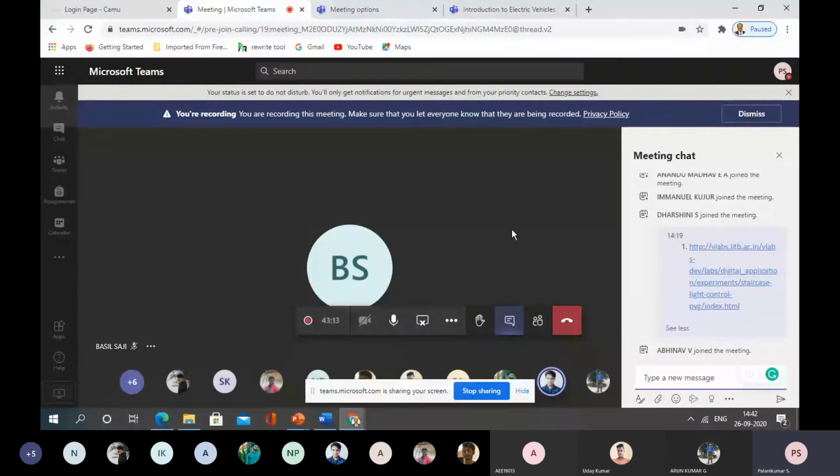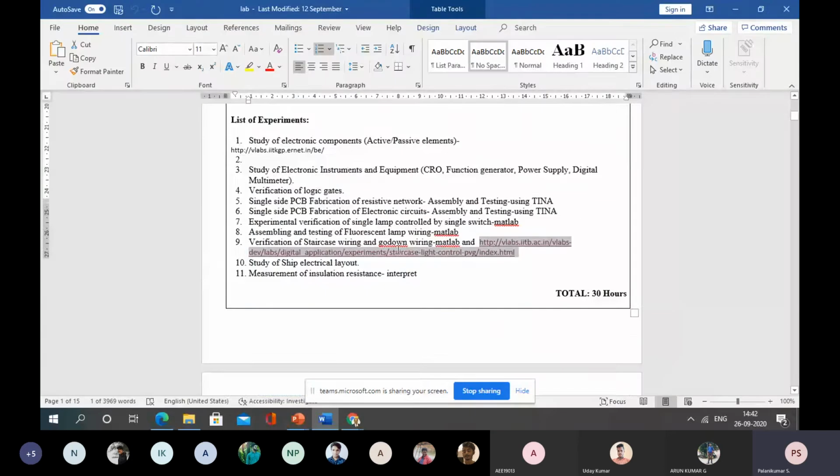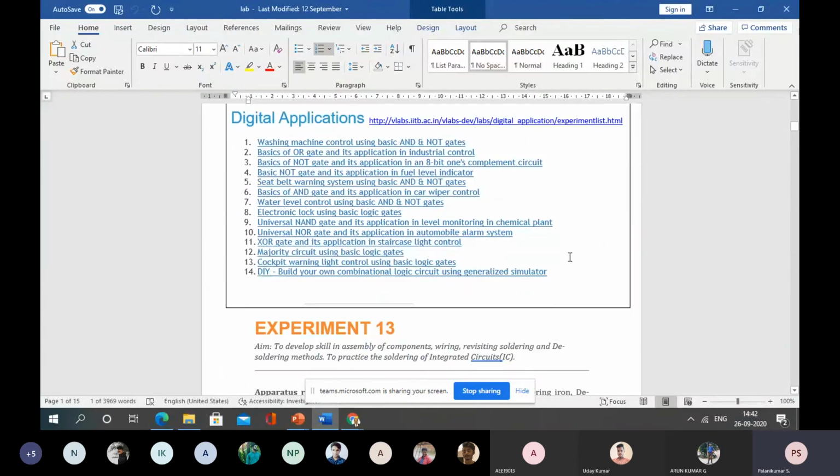The only thing is you are understanding one concept. Likewise, I have prepared some projects also. I want every one of you to do one. This is very important. I am giving you this digital application because if you all came to the physical lab, we could do very fun things in the lab, but unfortunately we don't have any provision so far. So many projects we can do only with the logic gates.